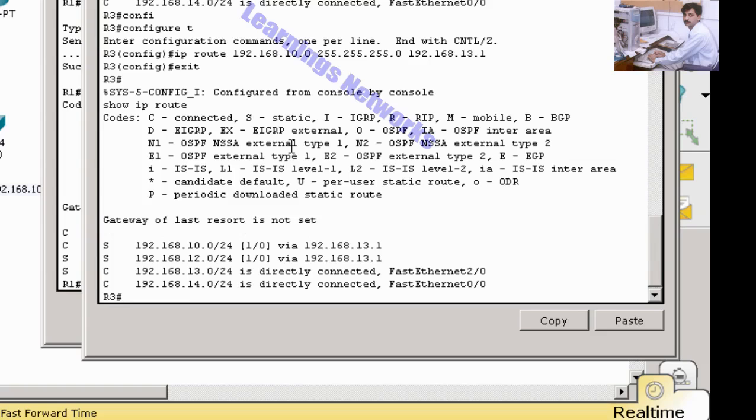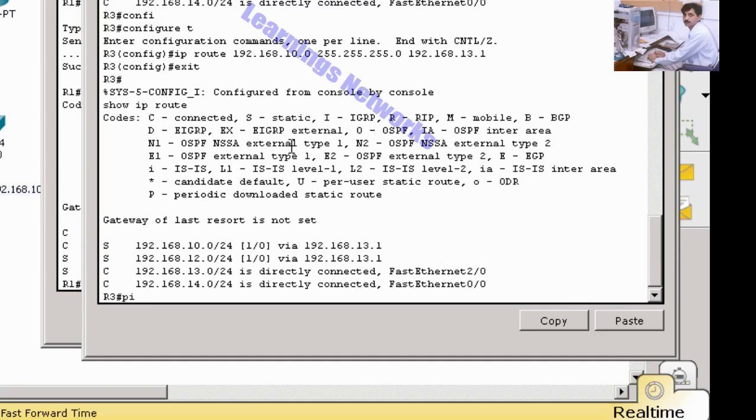Show IP route. So we have the 192.168.10.0/24 network in the R3 routing table, as well as 12.0, 13.0 and 14.0.